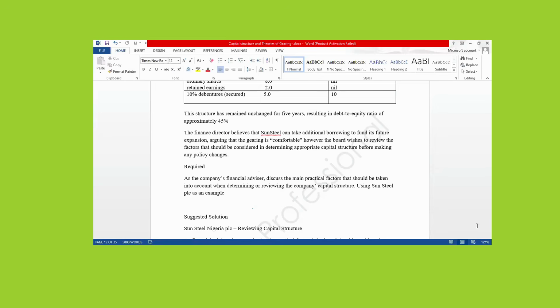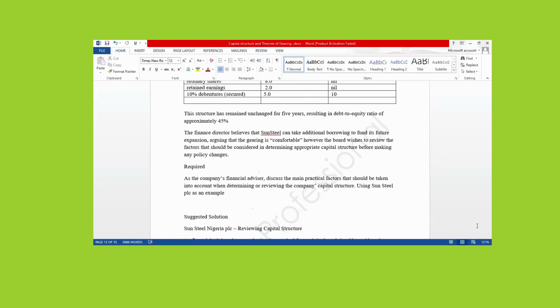Yes, Dekule, you raised your hand. Good evening, sir. We should also consider the business risk, because if we consider any business expansion, we need to look out for factors that may affect normal business operation, in terms of losses incurred or profits we might ascertain from the expansion. I agree with you. We are going to look at the company's business risk.